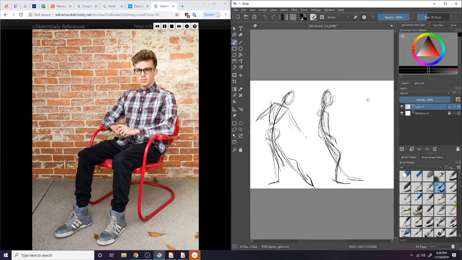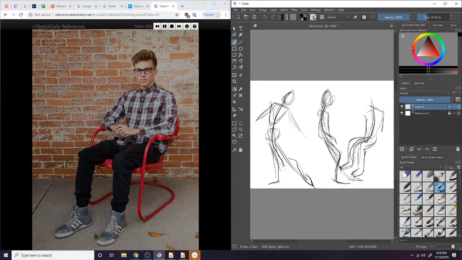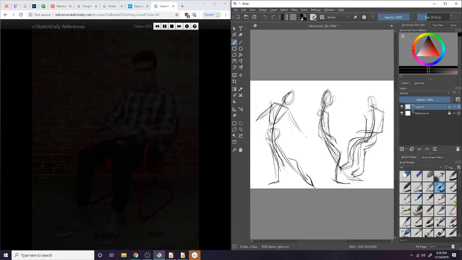Here's just this guy sitting. Find the action line. Not much action here. There's still a lot to pay attention to, though. Draw what you see, not what you know. And wow, I didn't even get the head in there.